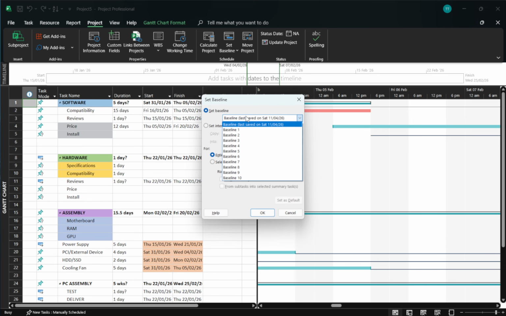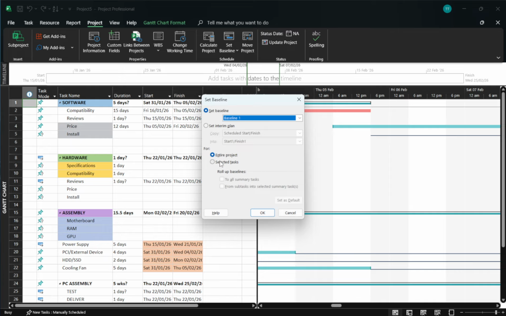If this is your very first snapshot, pick Baseline. After that, use Baseline 1, Baseline 2, and so on as your plan changes over time. Each numbered baseline is a separate, preserved snapshot of the current schedule, capturing planned start and finish dates, durations, work, and cost at that moment. Using a new slot each time helps you keep a clean history of revisions without overwriting prior decisions.